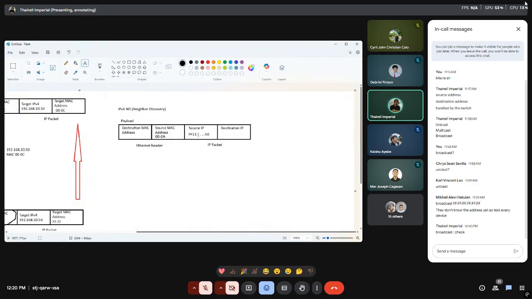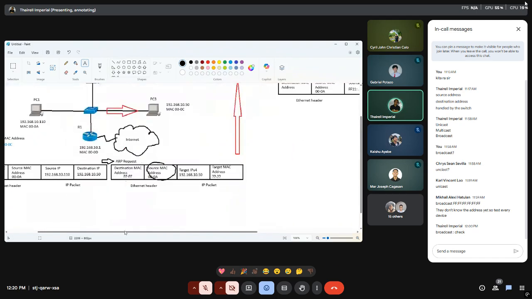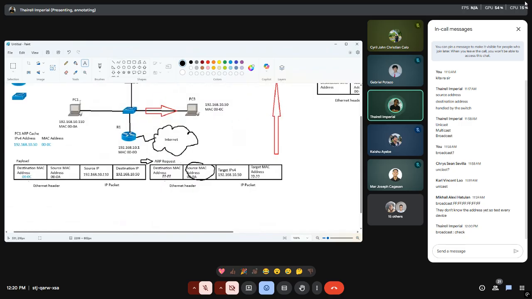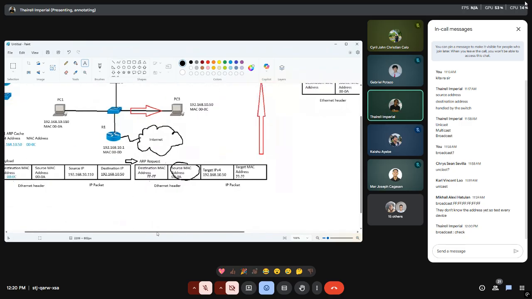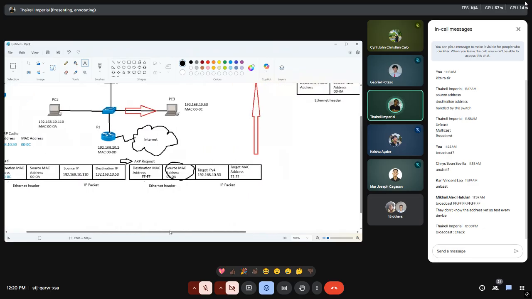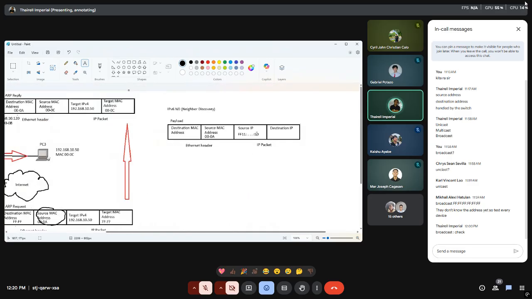So that we know that this source IP address is coming from PC number 1, and the destination IP address is, oh no, that's not 50. That should be 110 instead. Apologies, this is supposed to be 110. So this is FF11, and then this is 110.